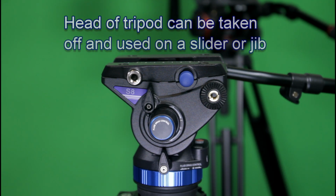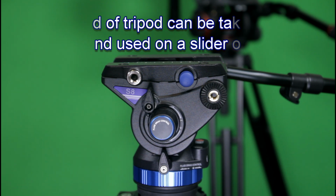A373FS8 video tripod. Now, before I go over the components with the tripod, let me tell you what it comes with. It comes with a nice padded bag. It comes with a shoulder strap inside the bag, and inside the bag it has a pocket where you have a couple of Allen wrenches, a small one and a large one, if you need to make any fine adjustments